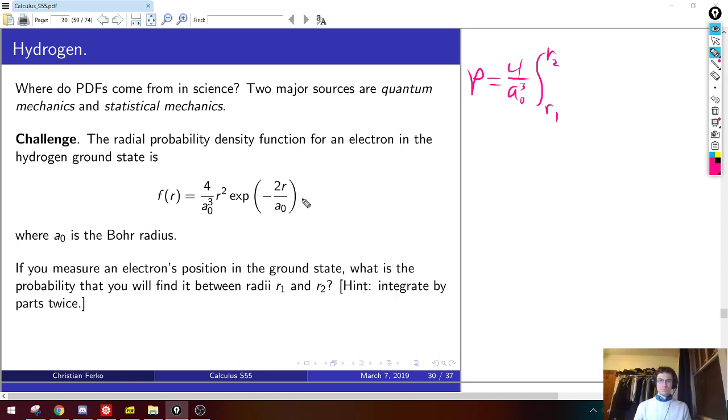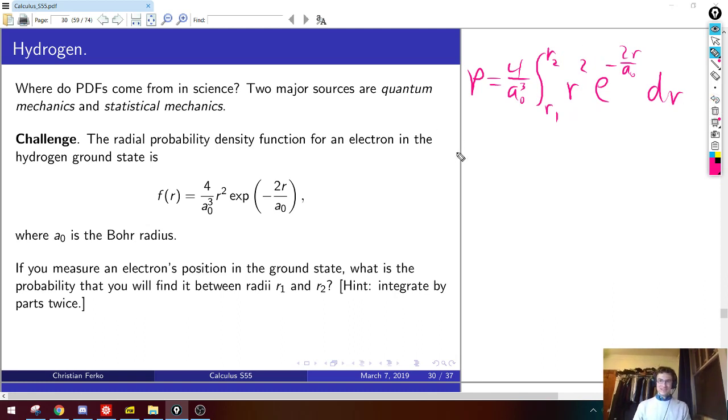What do you think? Well, it looks like we could just keep moving derivatives onto the e to the power. Well, you want the derivatives to hit the r squared, right? Because you want to keep flattening it. Yeah, okay, that makes more sense. That's what I was going to say originally, then I was thinking about how the integral of e to the x equals e to the x and all of that stuff. Yeah, but then this guy would be getting bigger. You'd have r cubed, r to the fourth.